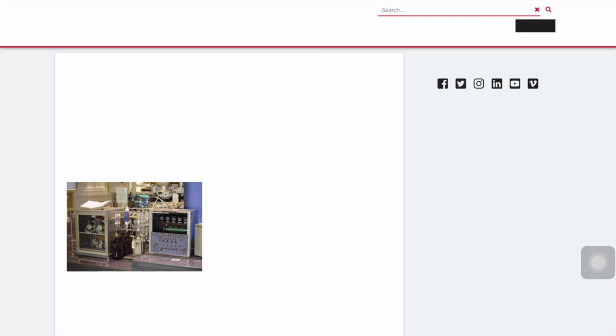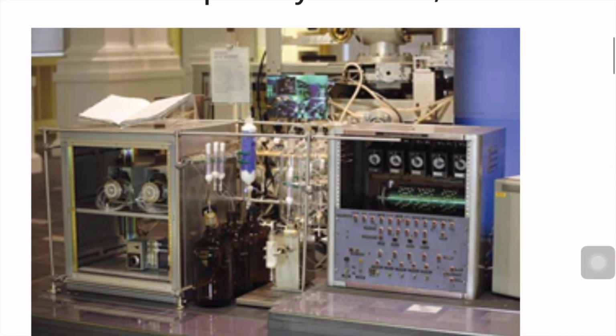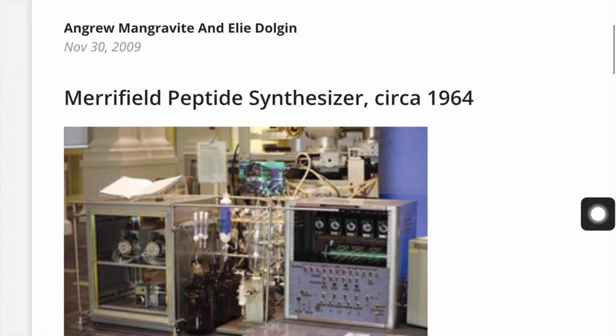So here's a picture of Merrifield's peptide synthesizer around 1964. And you can see, this portion is electronics to control the flow of solvent. Here are pumps to control which solvent and which reagents go where. Here are the solvent reservoirs. Here is the reaction vessel. There is the stopcock at the bottom. There is the filter disc, and this is where the resin would go. And they built this, and they used it to